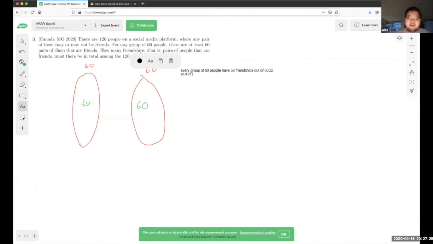So the number of friendships is at least 60 choose 2 over 120 choose 2 over 60 times 60 over 60 choose 2, right? Because it's basically saying 60 people randomly have 60 friendships. So if you sum over all choices of 60 people, then you have,